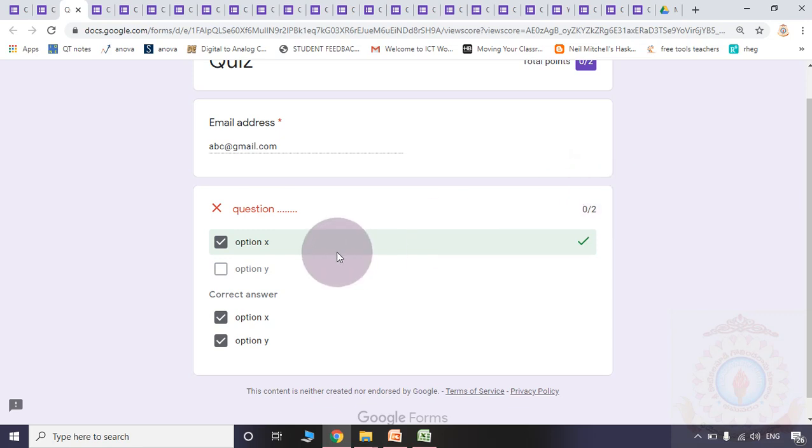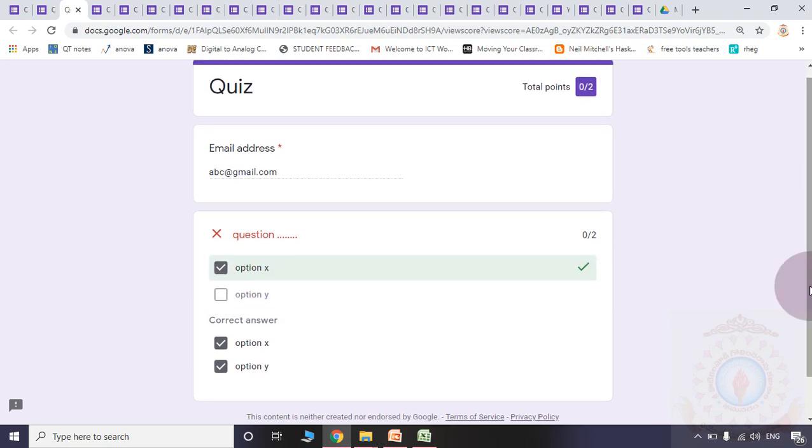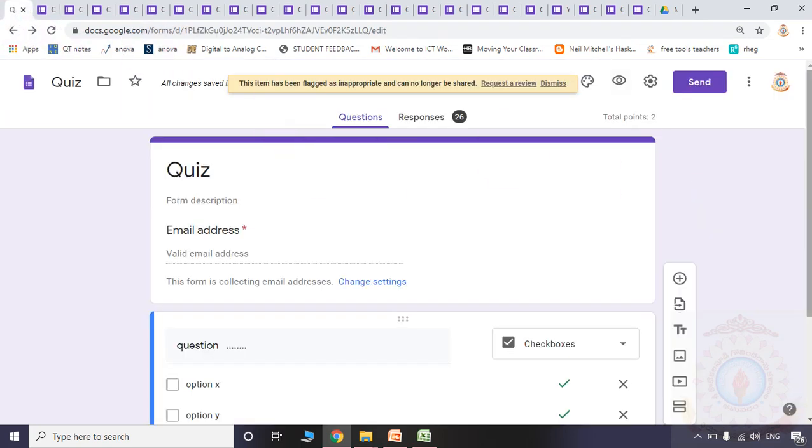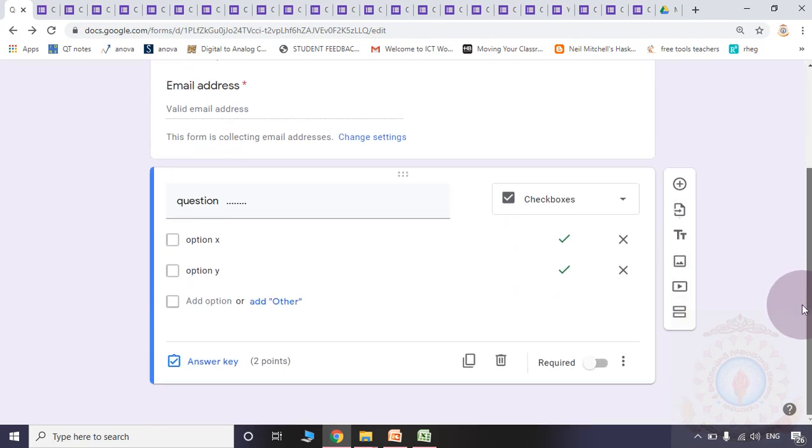In the question, I marked both the answers as correct. So the student must select these two to get 2 marks, otherwise they will get 0 marks instead of 2. So you need to consider all these sub points before preparing the quiz question paper.